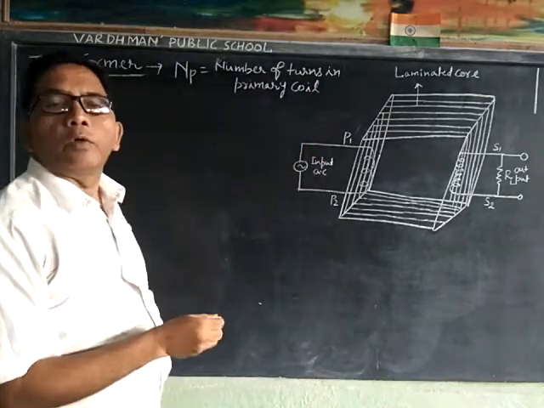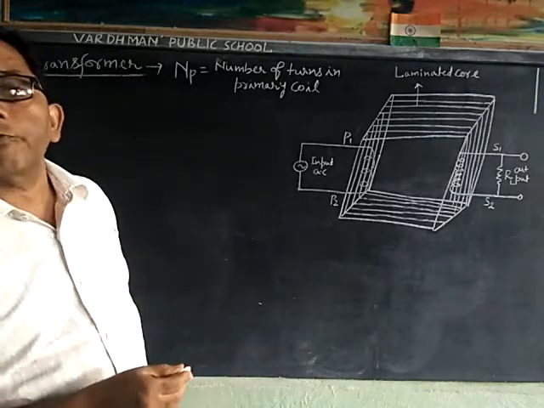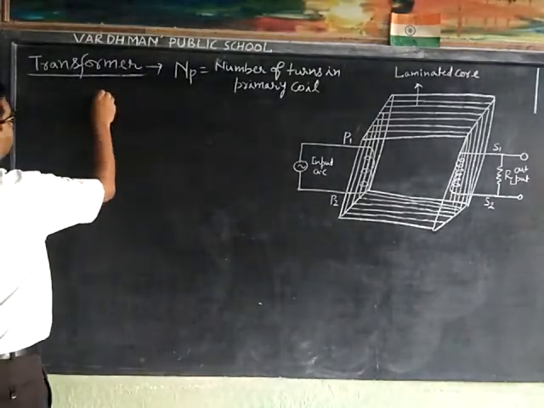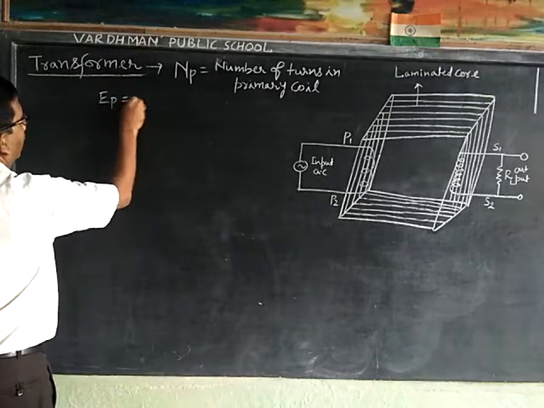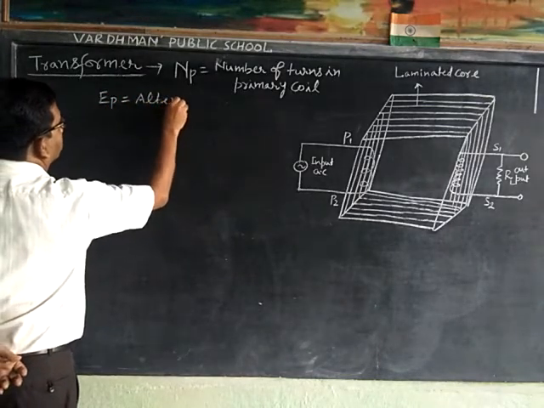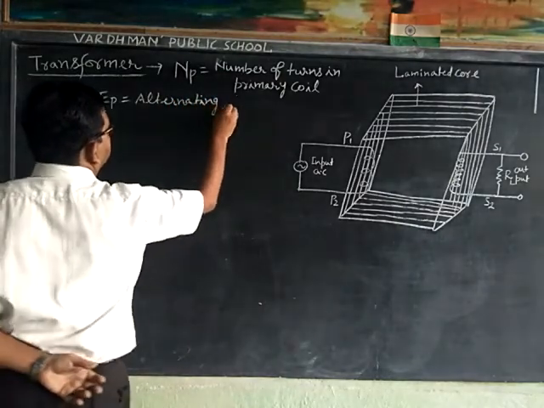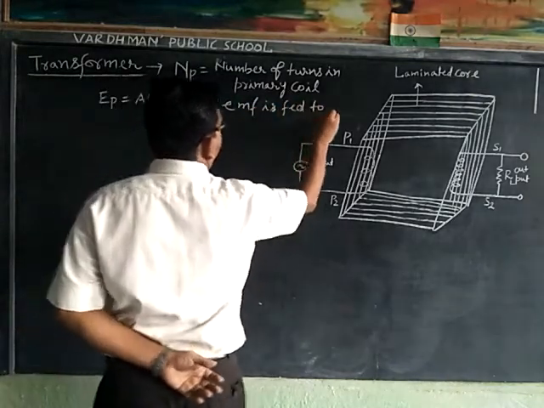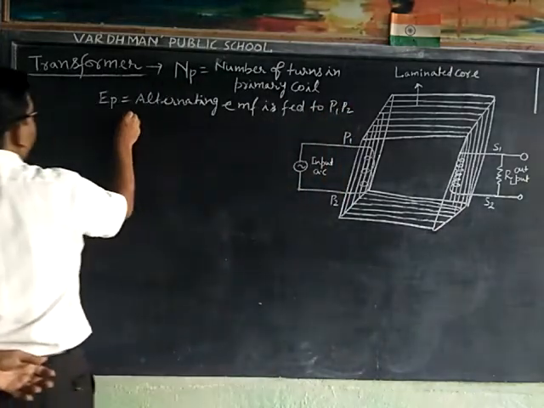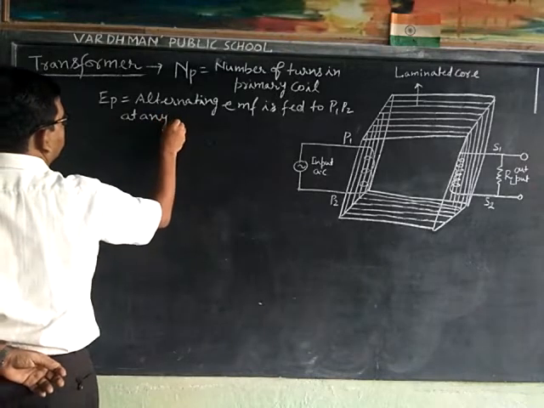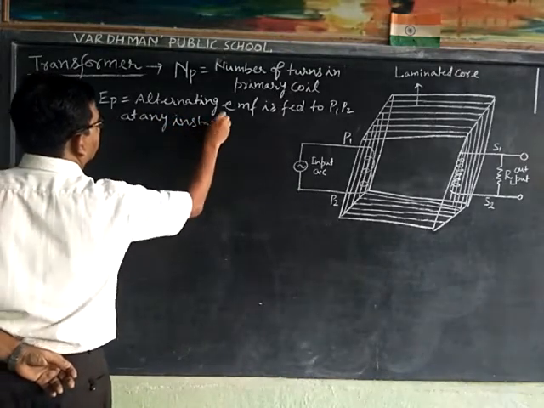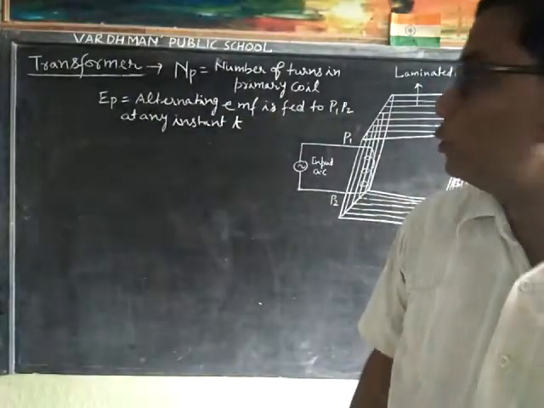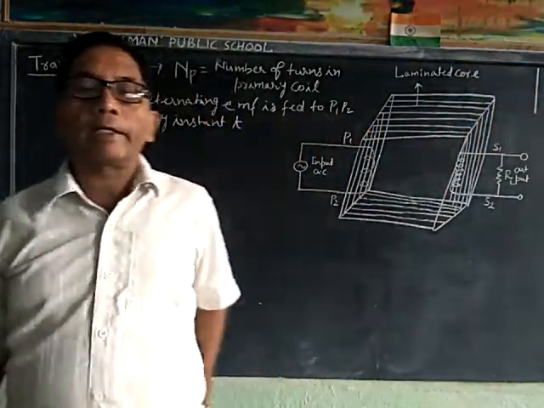And EP, what is EP? EP is the alternating EMF fed to P1, P2 at any instant T, and d phi upon dt